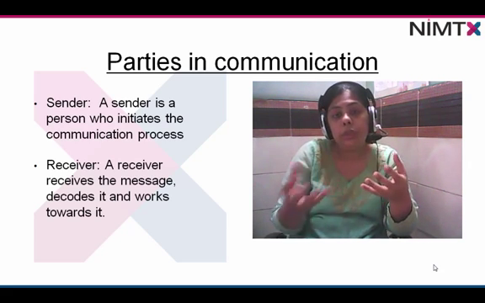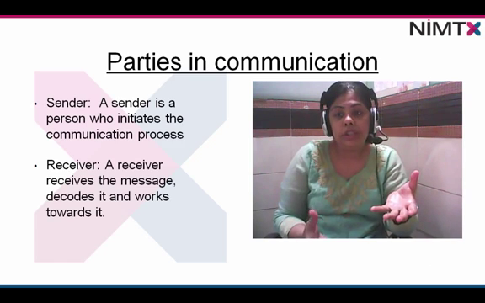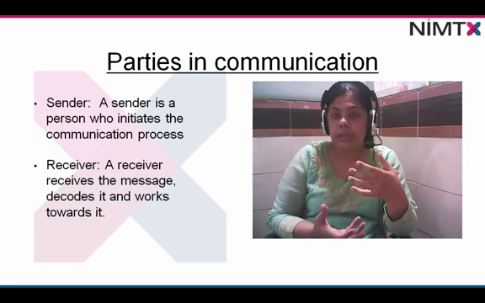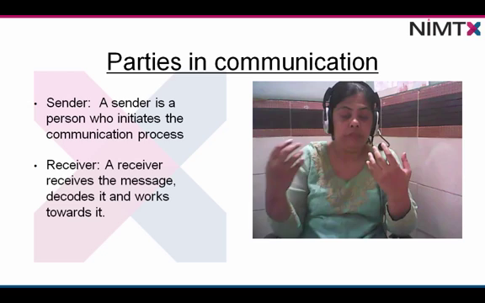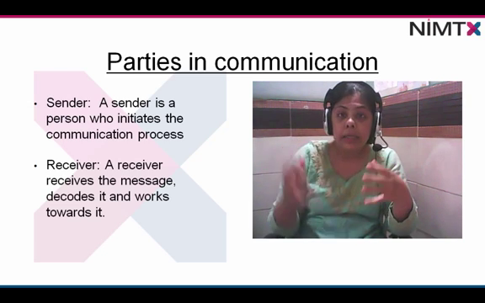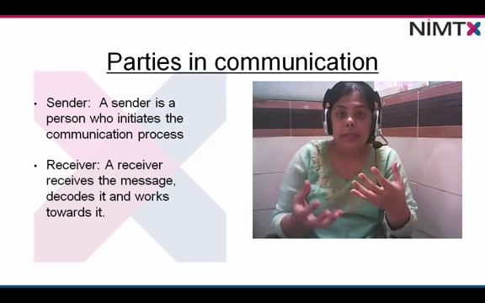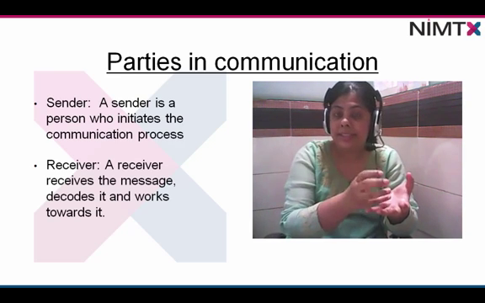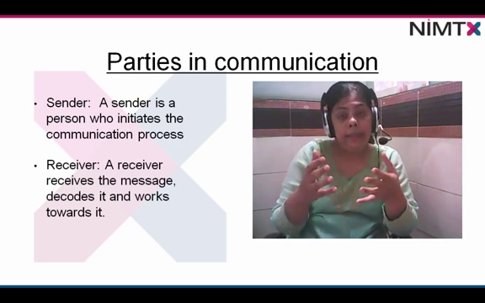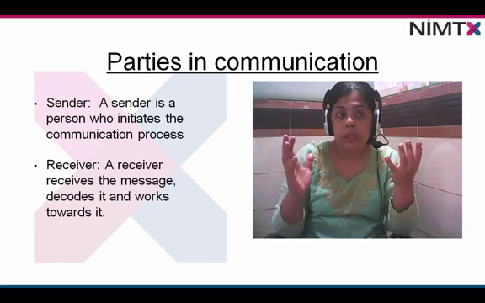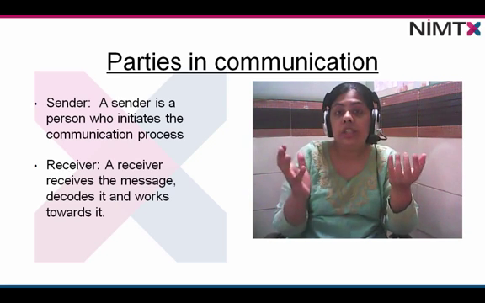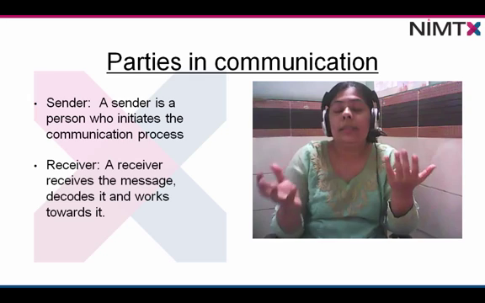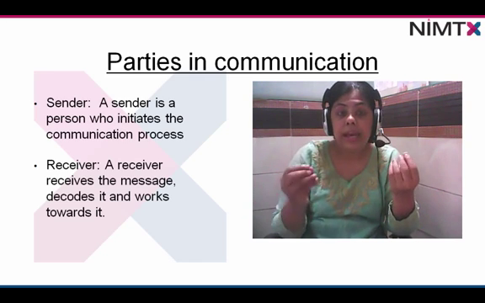Different people come together in an organization, people from different nationalities, different cultures, different regions. They come together in a business to achieve some goal, and they have to work towards that goal. So the higher management or the business exchanges its ideas with its employees, and